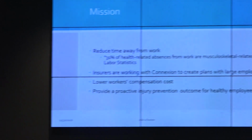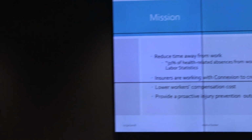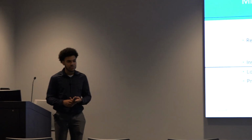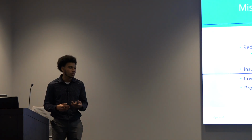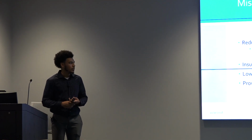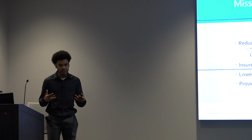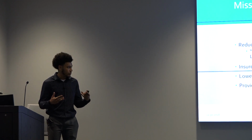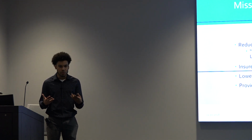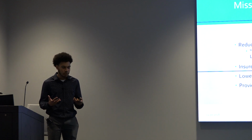So the mission is to reduce time away from work, and according to the Bureau of Labor Statistics, 31% of health-related absences are due to musculoskeletal injuries. So insurers are working right now with Connexion to create plans for large employers that have a lot of workers. In turn, this will lower workers' compensation costs and provide a proactive injury prevention outcome for patients who are